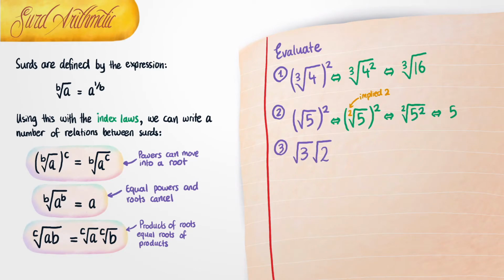So we want to evaluate the square root of 3 times the square root of 2. This time I'm not going to write the implied 2, but I want you to remember that it's there. But either way, our rule tells us that we can just multiply 3 times 2, and we can write this as a single root. And of course, we can replace 3 times 2 with 6. So therefore, the square root of 3 times the square root of 2 is the exact same thing as